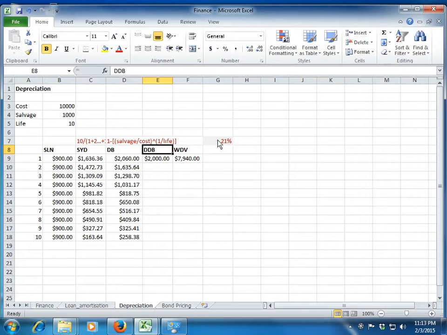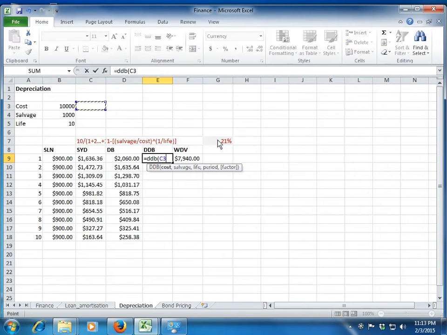So what a double declining method does is it exactly doubles. By default, if you don't give it any factor, it doubles the depreciation percentage for you. How does it calculate the depreciation percentage? 1 divided by the life of the asset, right? So in this case, if the life of the asset is 10 years, normally depreciation will be 10%, but in double declining method it will increase it to 20% for you. So we will see that double declining balance.